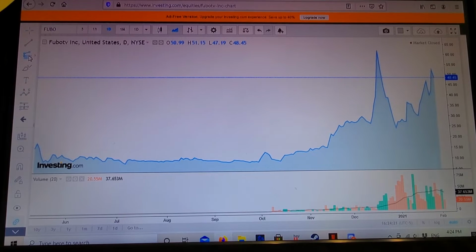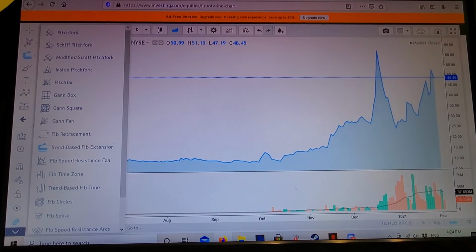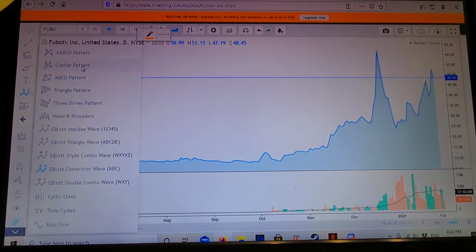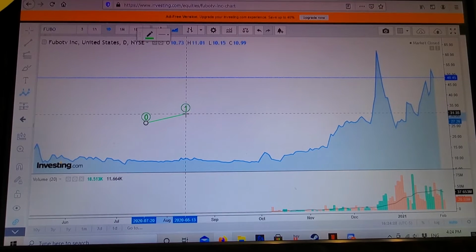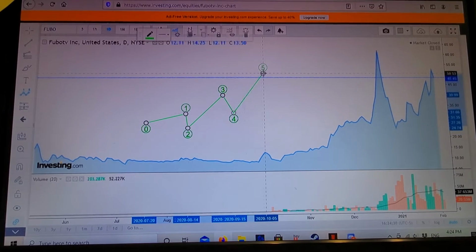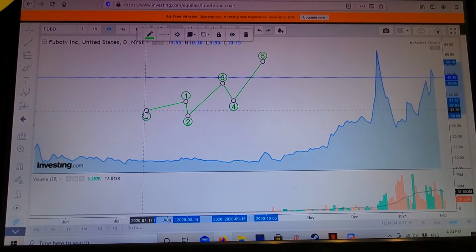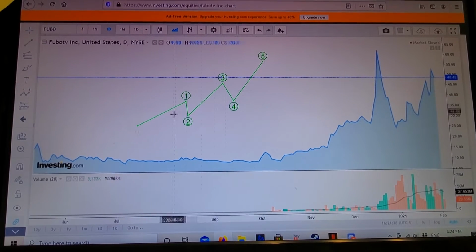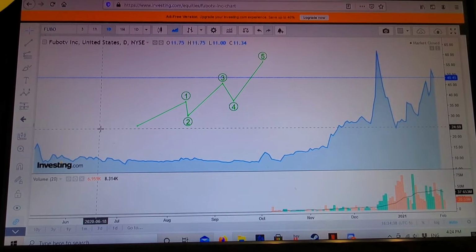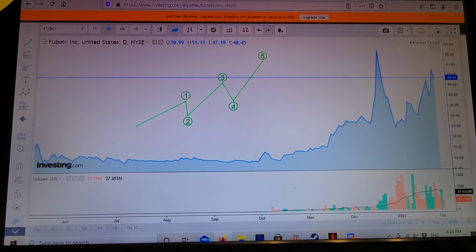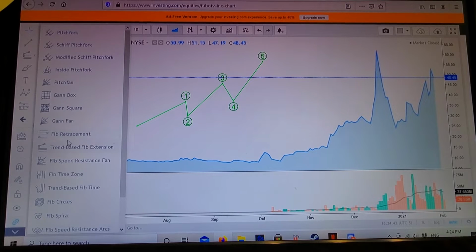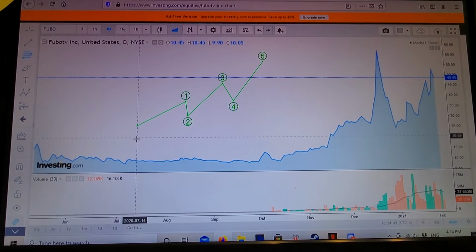So what we're going to look at is we'll just get this 1, 2, 3, 4, 5. We'll get this one up here just for a quick sec. And usually when you're measuring these waves, they fall into a ratio of these equations on the Fibonacci's. So we can measure it by using these Fibonacci retracement as the first thing. So retracement is to understand how far back wave 2 will come and how far back wave 4 will come.